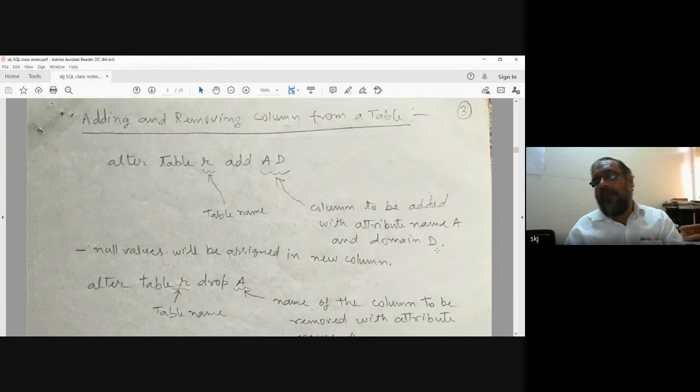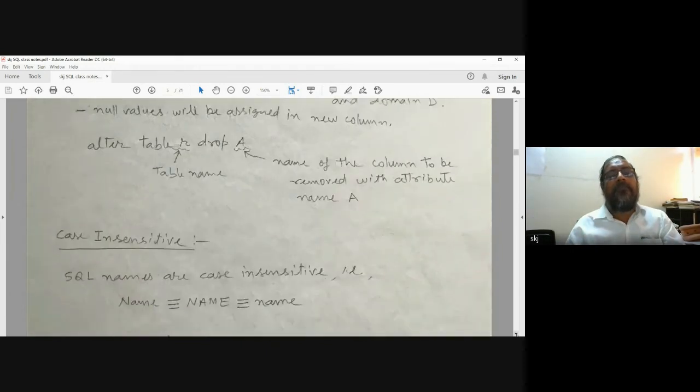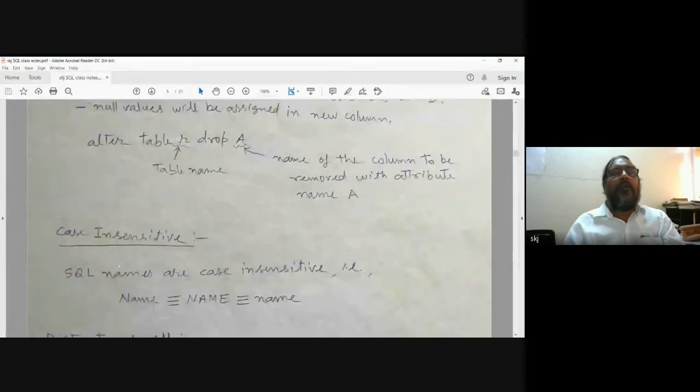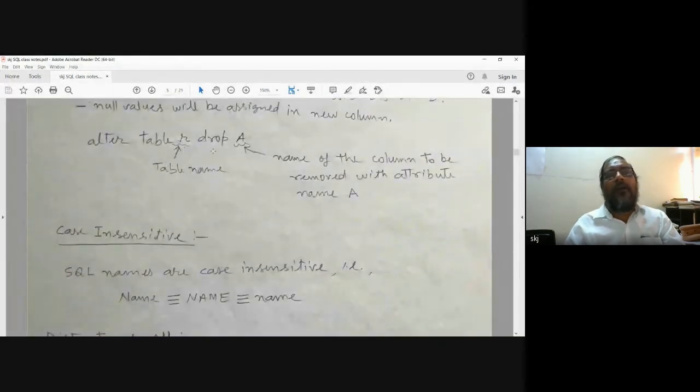Right? And at the beginning, all values of this newly added column will be null. So null values will be assigned to the new column. And if we want to remove a column, then we use alter table R drop A. That means instead of add, we are using drop here.